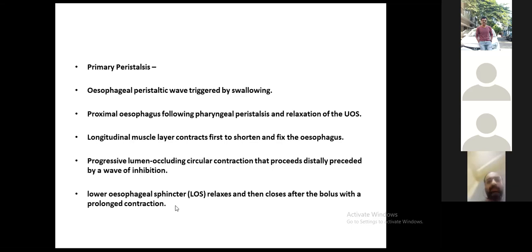The myogenic property of the striated and the smooth esophageal muscle produce these organized waves of contraction. Sir, any questions still here, sir? This much detailed physiology is not required. What you have to concentrate on is applied physiology. Yes, sir. Surgical. Okay. Any questions in the chat box? Nothing. Right. You have put the applied physiology? Yes, sir. It's coming in the upcoming slide, sir.